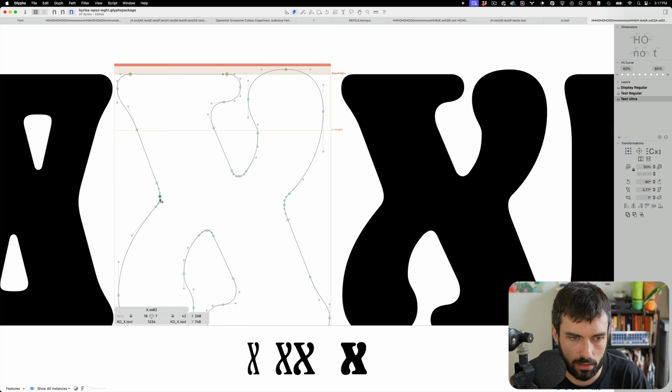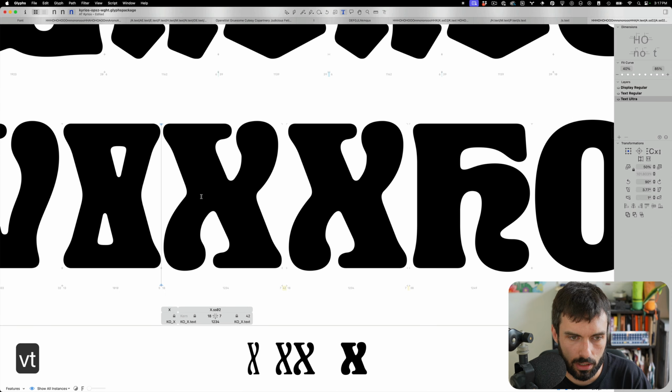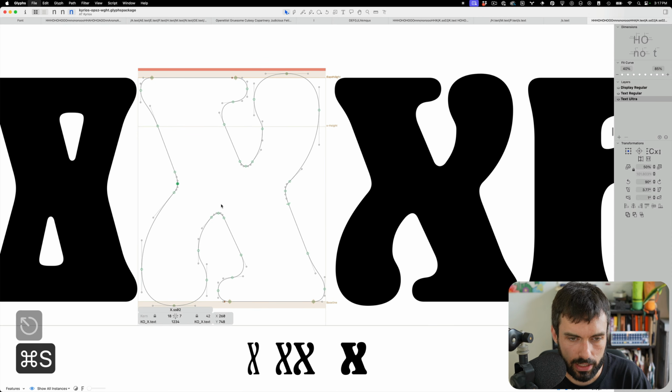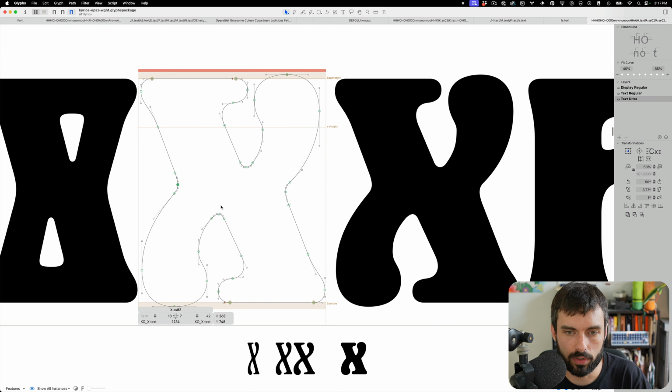So I'm holding Option Shift to get the points automatically set to the sort of vertical or horizontal extreme. And actually, before I do that, I should move these things around a bit more. So, for instance,